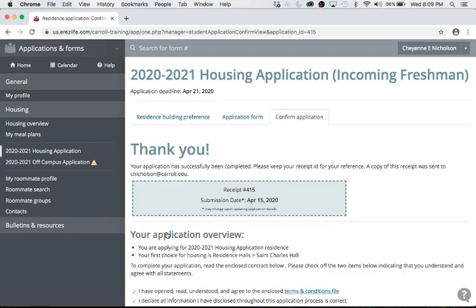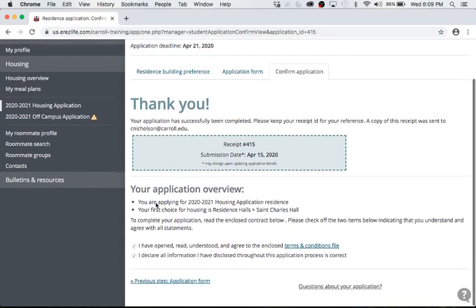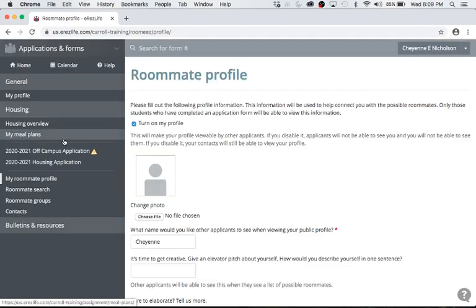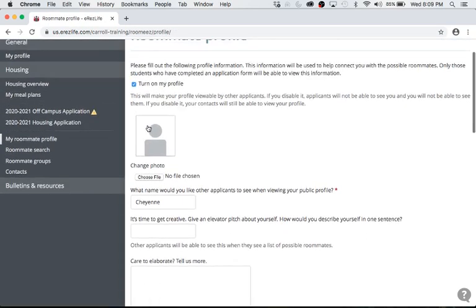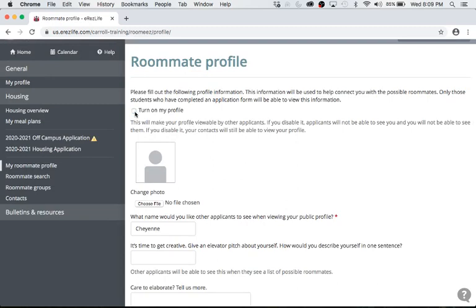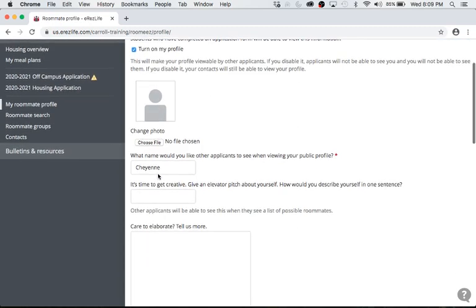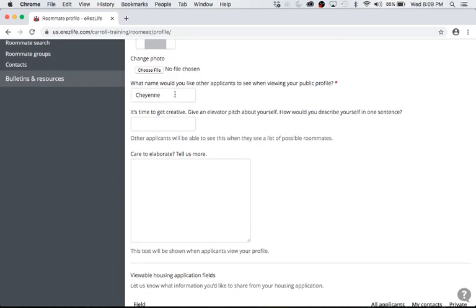And now you are a third, maybe just a quarter of the way done with the housing process. So now that that's out of the way, the next thing you're going to go to is My Roommate Profile. What you're going to do is first turn your profile on. It should be turned off when you click into it. Turn it on. You can add a photo,